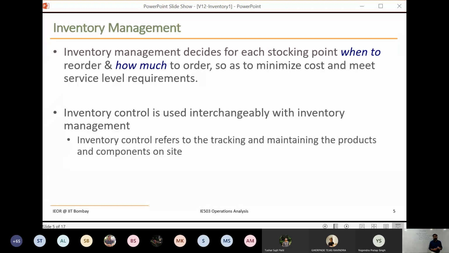A more relatable example for inventory control is the inventory in your refrigerator. You don't really know how much there is in the fridge. Many times you just keep opening the fridge and staring at it, even if you know the inventory is not there. Sometimes at the back of the refrigerator, you may find an old can of milk, or some vegetable which has gone bad, or last week's chutney, already gone bad. So you are unable to keep track of inventory in one refrigerator. Imagine thousands of products sitting all over the company in various quantities. It makes it a much more difficult job.